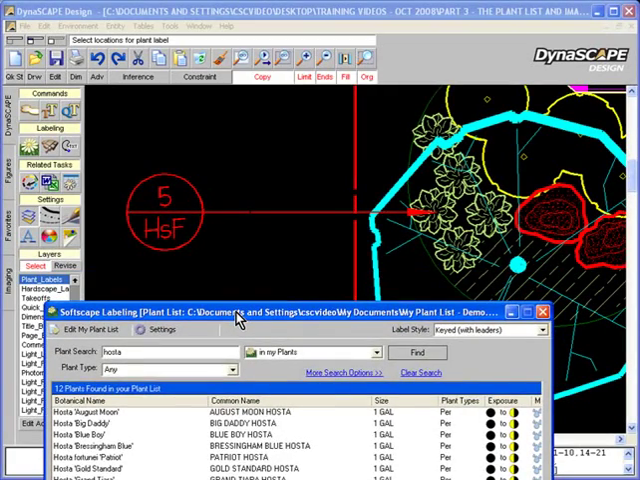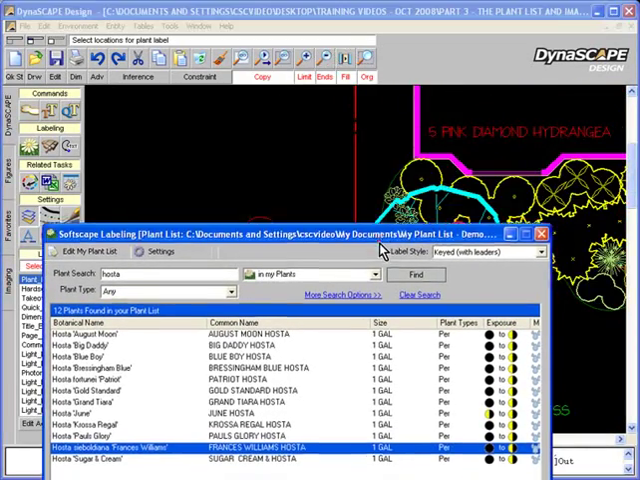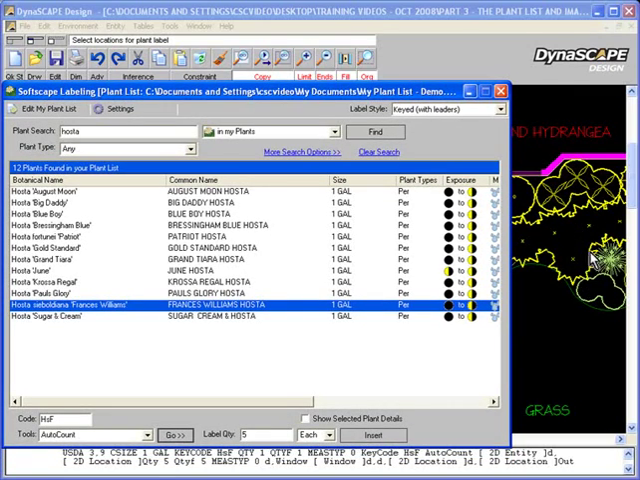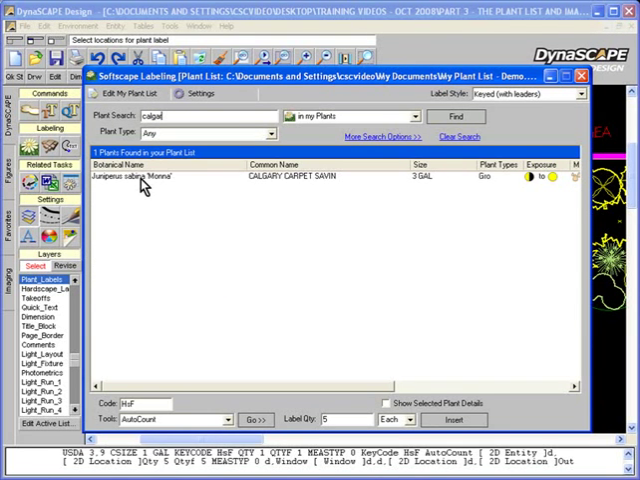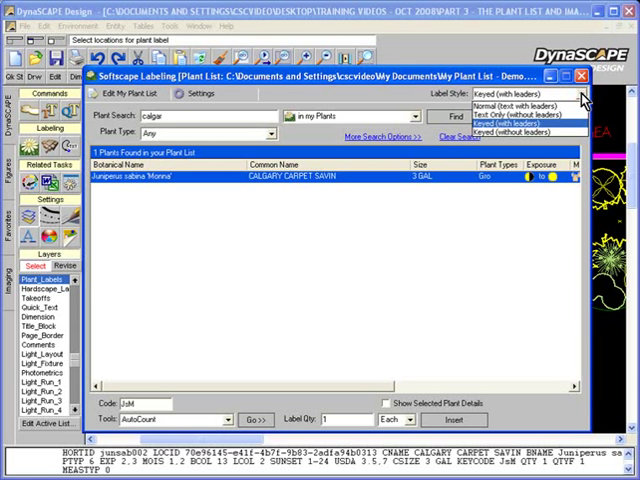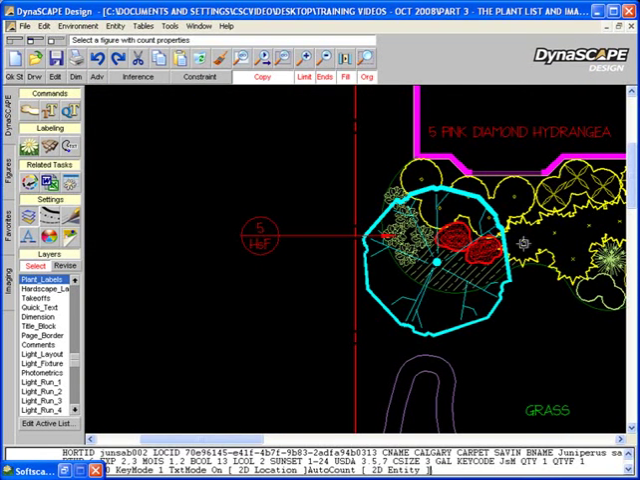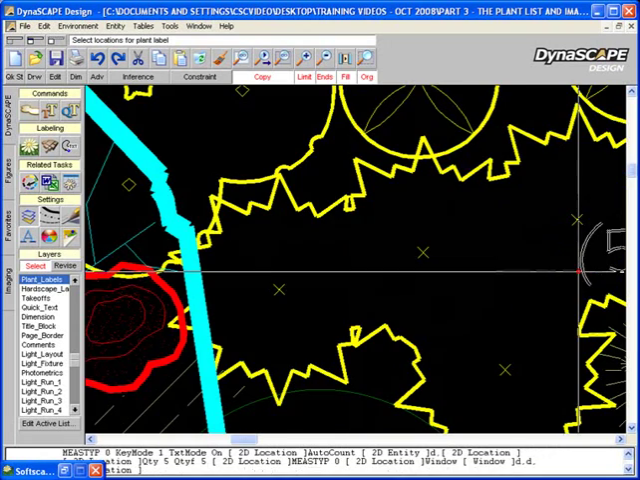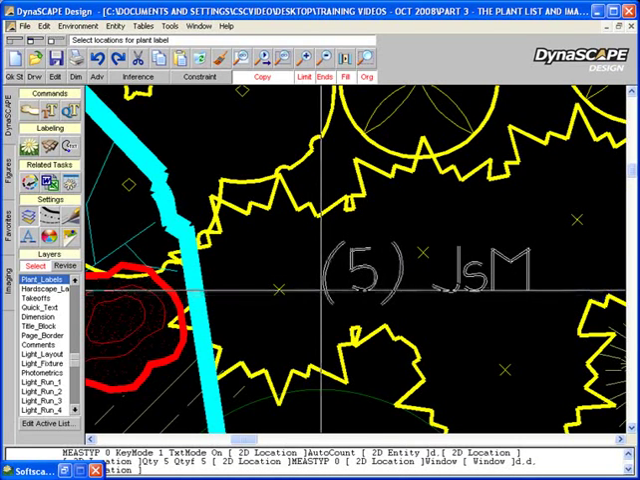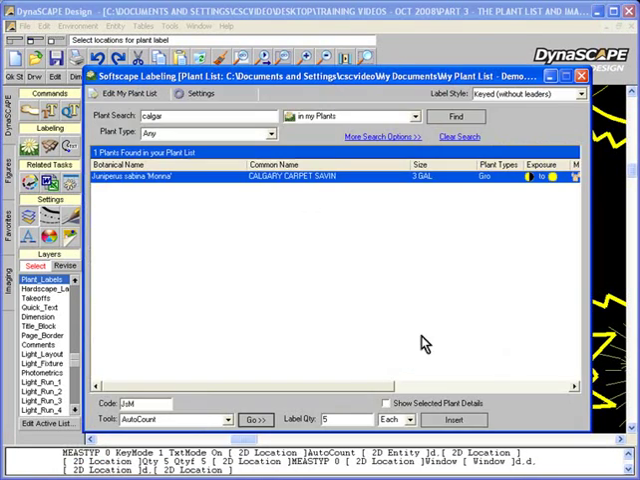The last plant that I'm going to label is another spreading evergreen here. I'm going to find Calgary carpet is the one that I want to use here. There it is. Now I'm going to choose keyed labels without leaders. Click Go. Click on the plant grouping, so I'll click on the edge there, and right away it will show up on my crosshair the key code with the quantity attached to it, and I can just drop that down right on top of my